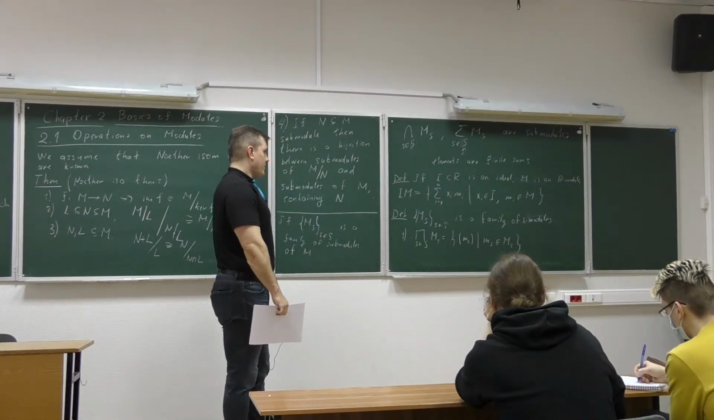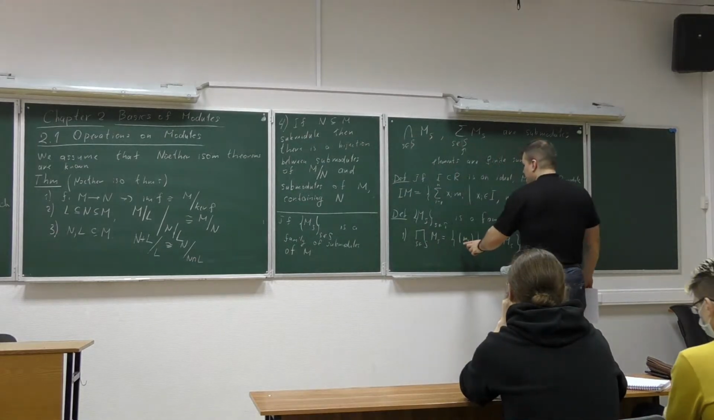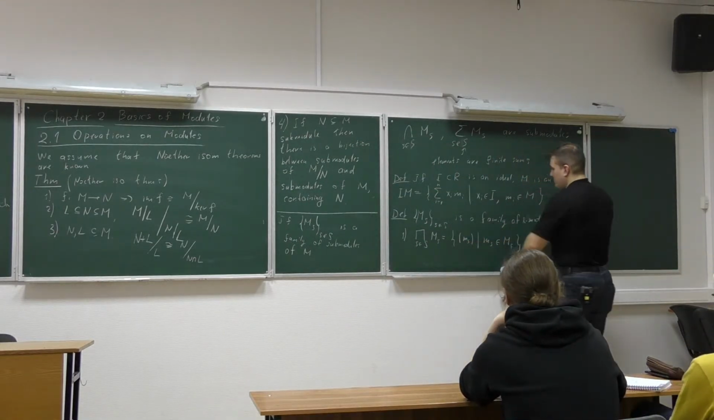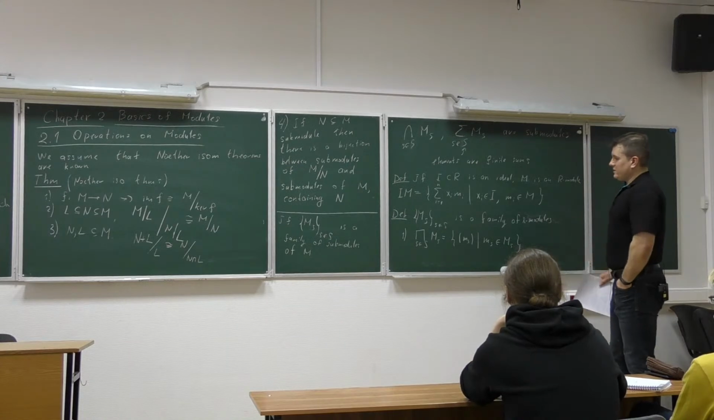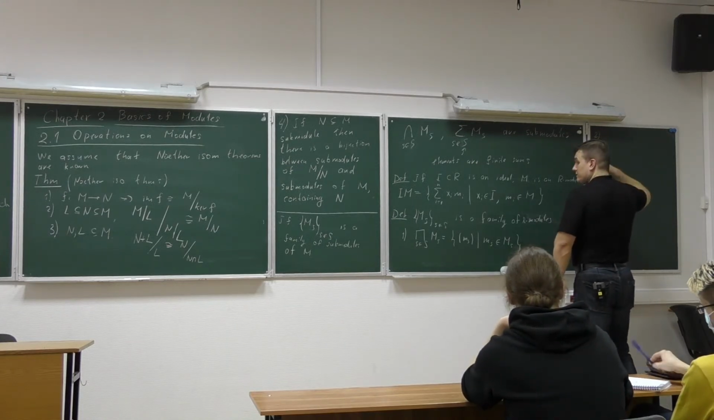For example, have a finite family of modules. This will be just the vectors, and components of these vectors will be exactly elements of the module, but you can do this for any cardinality actually. And the direct sum